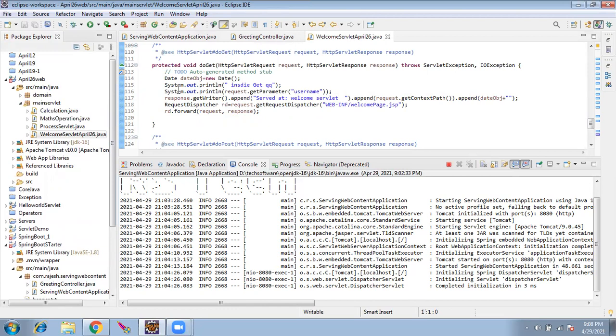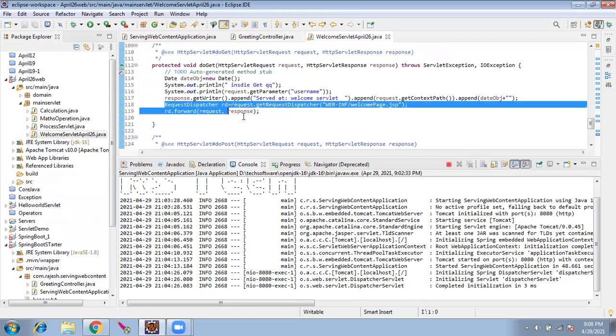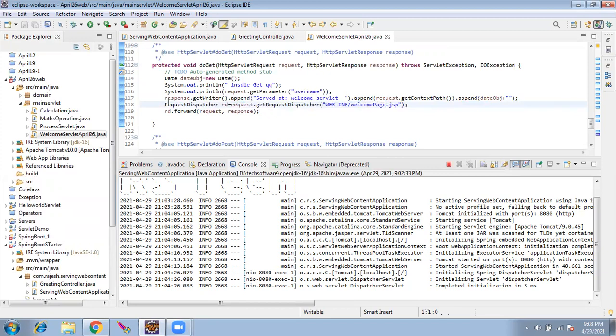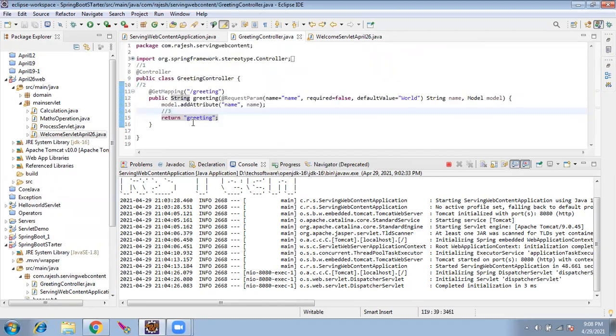It's going to go back to the last line, forward. Correct. This will go to the page. This is going to take a hook of this page and it is going to go there. Instead of this, we are giving just a word. Now, how will it know that it has to go to a JSP or HTML?